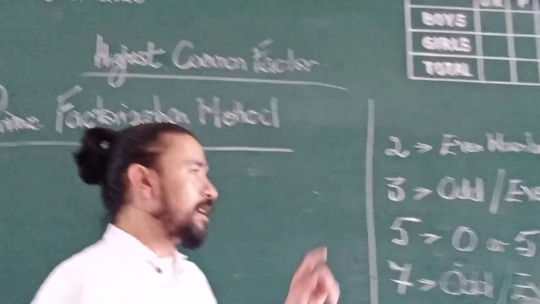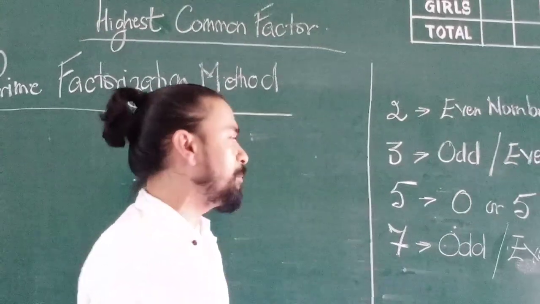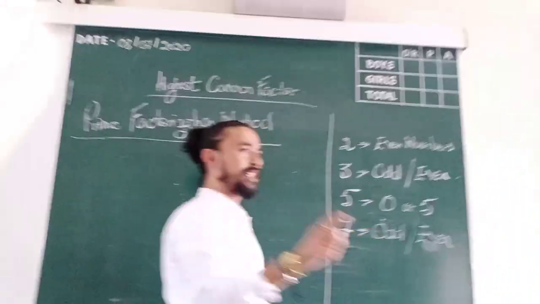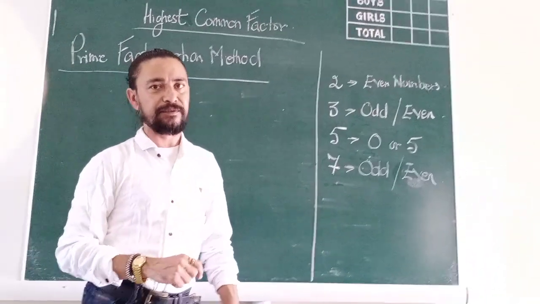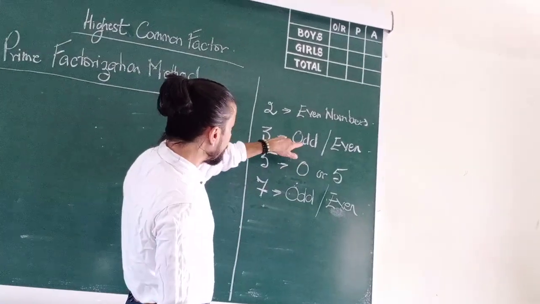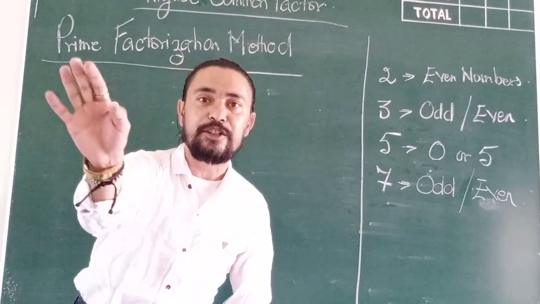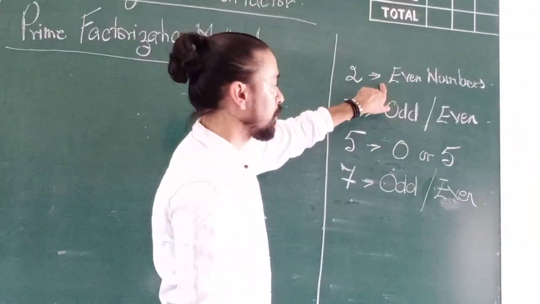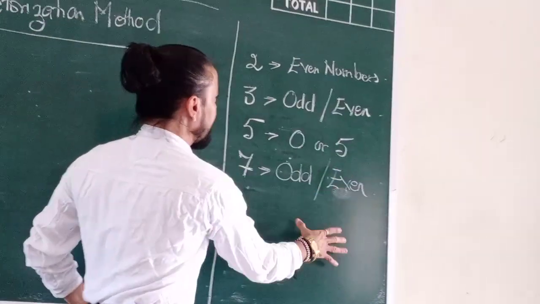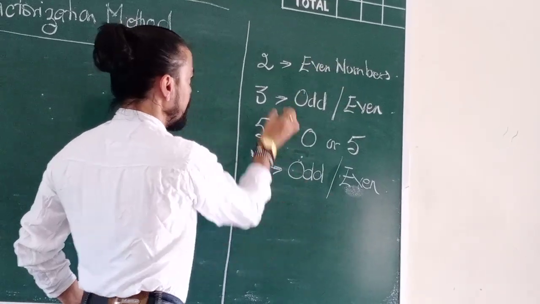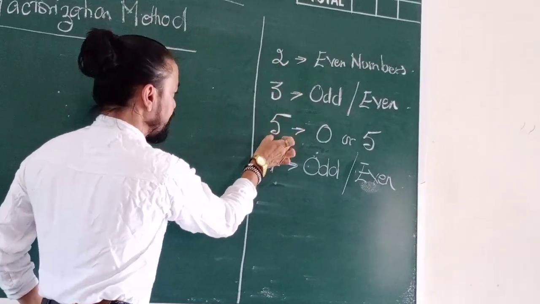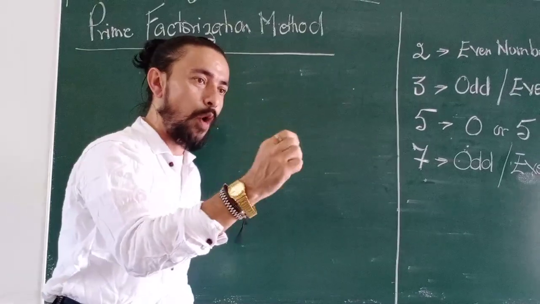Odd numbers. Now all odd numbers ending with 5, only they will be divisible by 5. Odd numbers can be divisible also by 3, can be divisible by 7 also. But odd numbers cannot be divisible by 2. So once you get this concept that I have 2, 3, 5 and 7, and you know what all numbers